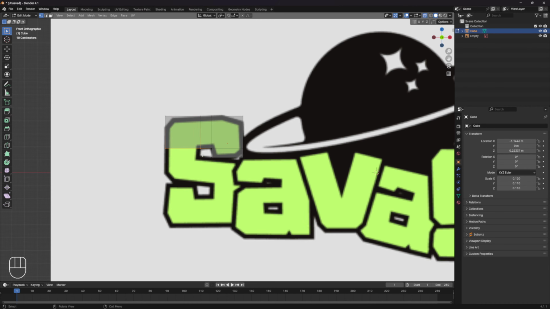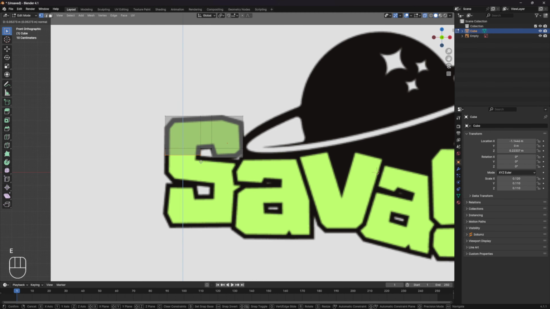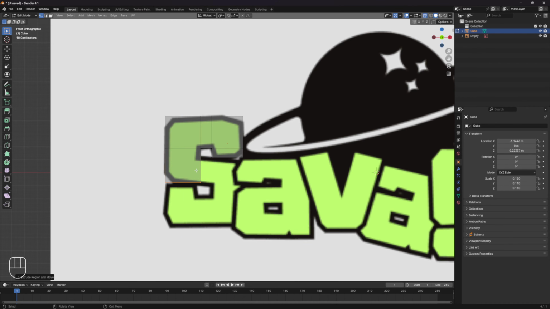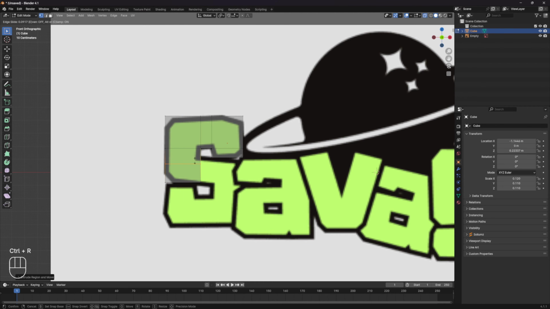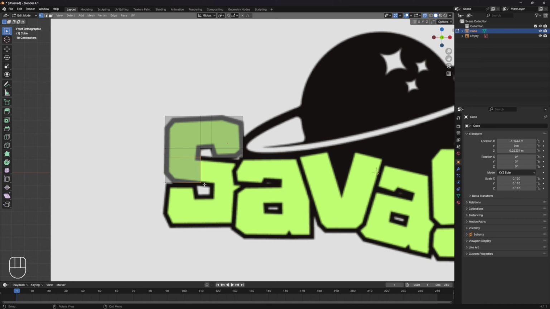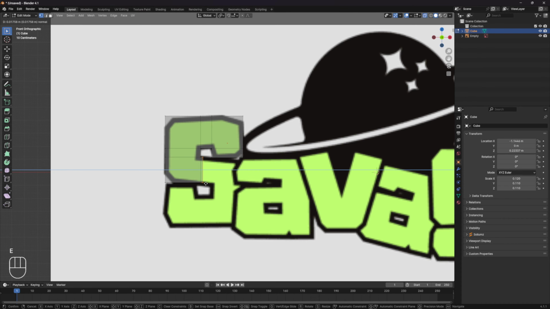And then we're going to grab this and we're going to extrude. I'm extruding. When you see me moving like this, I am extruding. Let's go all the way to about half, right there. And then we need another cut to be like here. And then we're going to extrude. We're going to end up